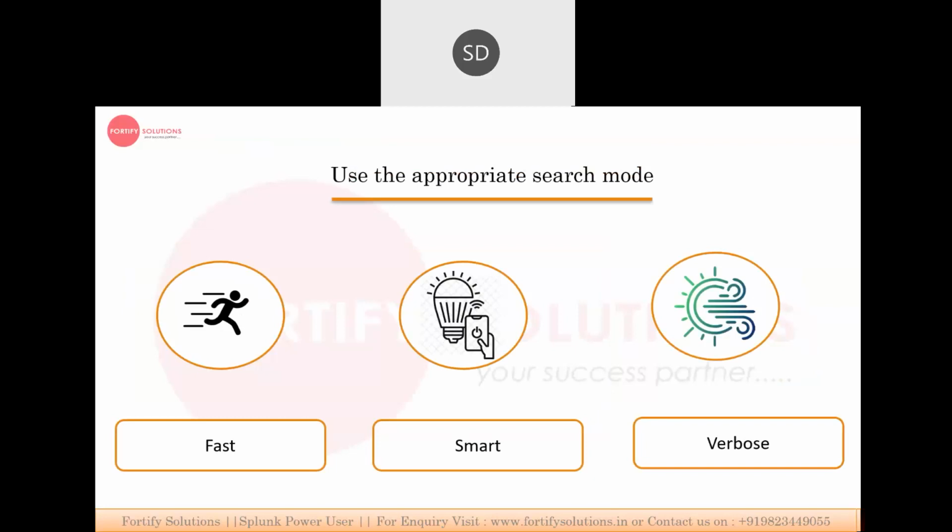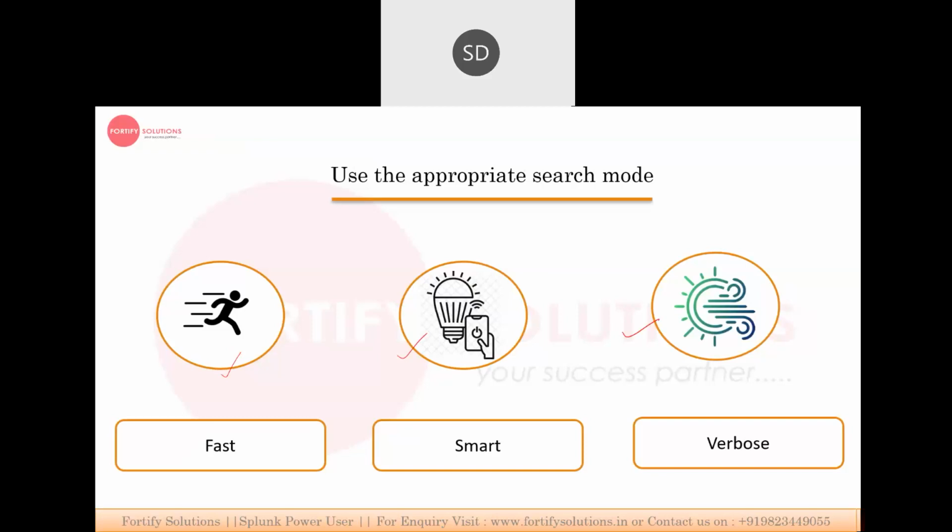Now these are the modes, and I'll explain the purpose of these modes. Very first, we have three search modes: the fast mode, the smart mode, and the verbose mode.